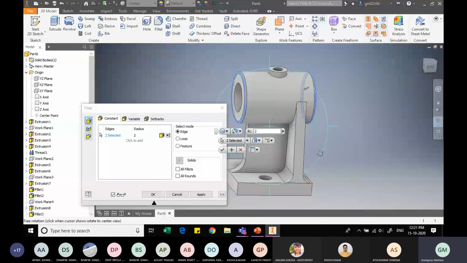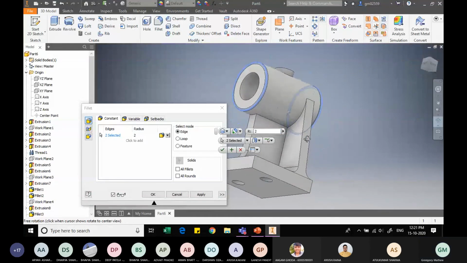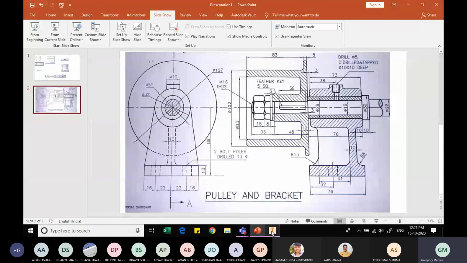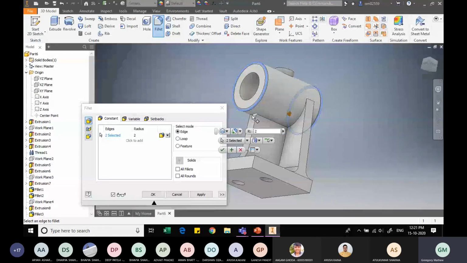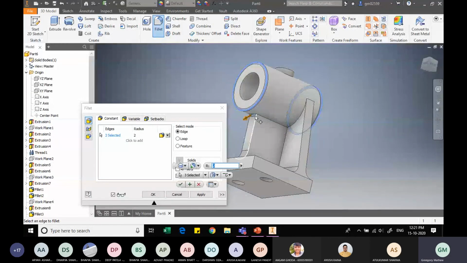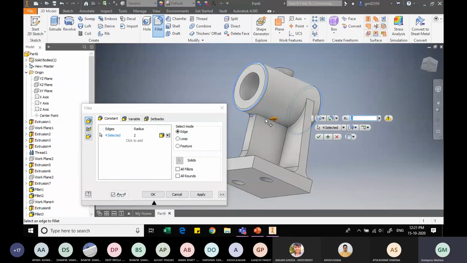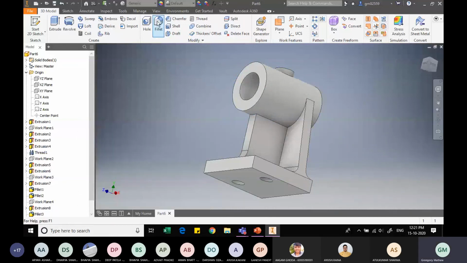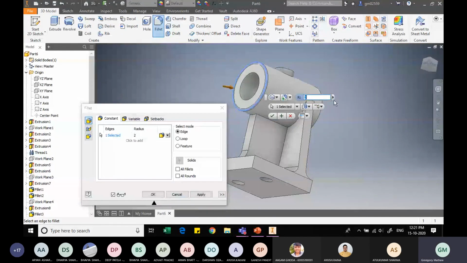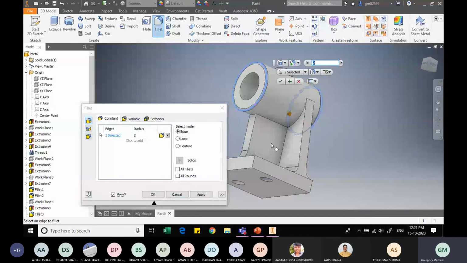and where else is it left? Let me go back to the drawing. Okay, so this edge. Using the fillet option once again, this edge and this edge, apply.